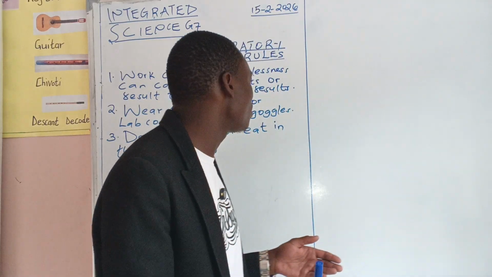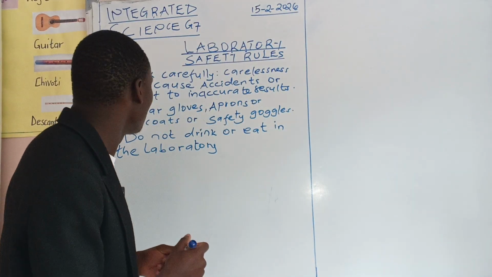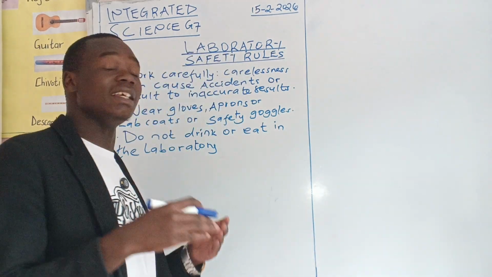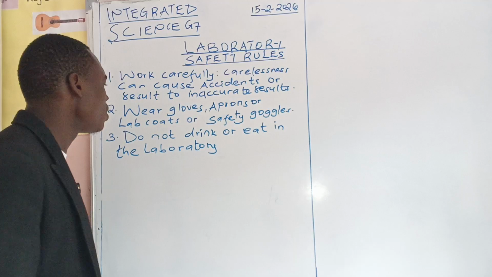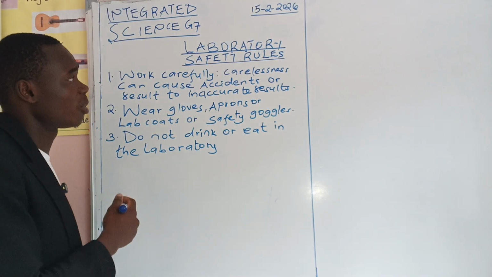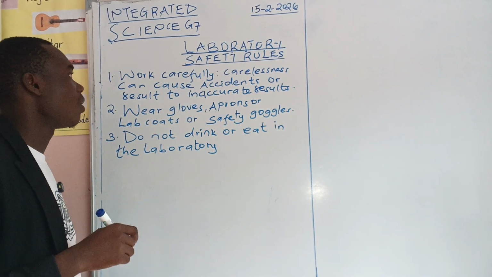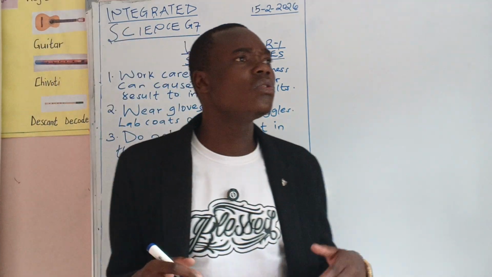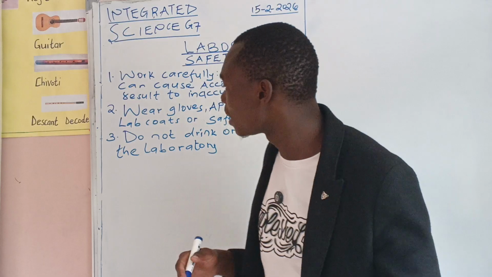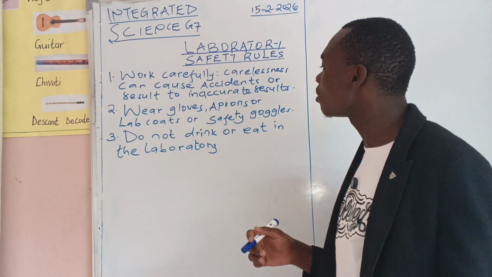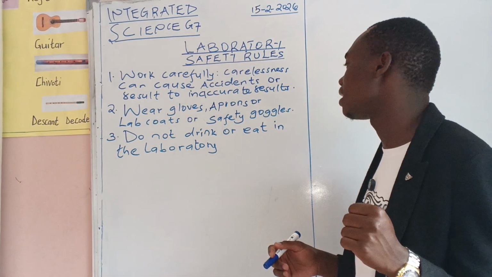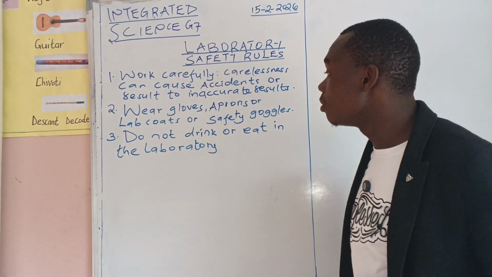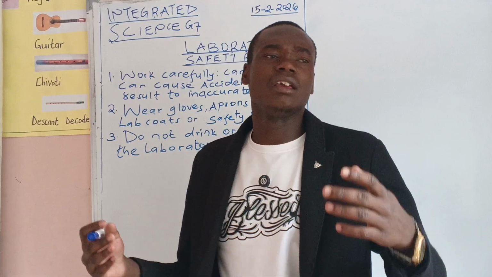Let's say you want to do an experiment based on acids, bases and indicators. We'll learn them later on in the second topic. Now you are told to carry out an experiment based on acids, bases or indicators. And then you yourself have carried, let's say, a drink